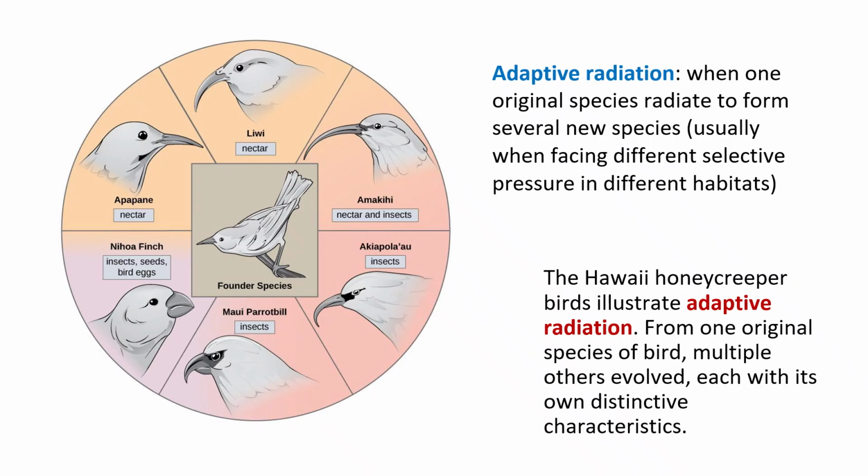You know how earlier I said Hawaii and other island chains, like the Galapagos, tend to have a high level of endemism, which means species that are only found here and nowhere else in the world, but they do have a common ancestor with other species on the continent, right? And this adaptive radiation is part of that. A great example here is the Hawaiian honeycreeper birds, as we see in this figure. Several new species with various beak shapes all originated from the same original species here in the middle, which is the founder species. And we call this adaptive radiation.